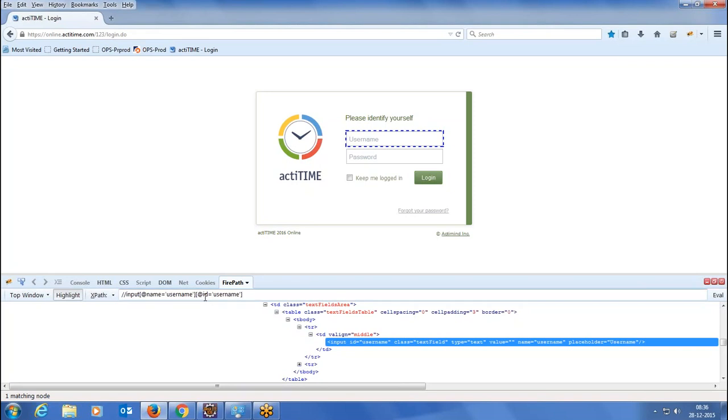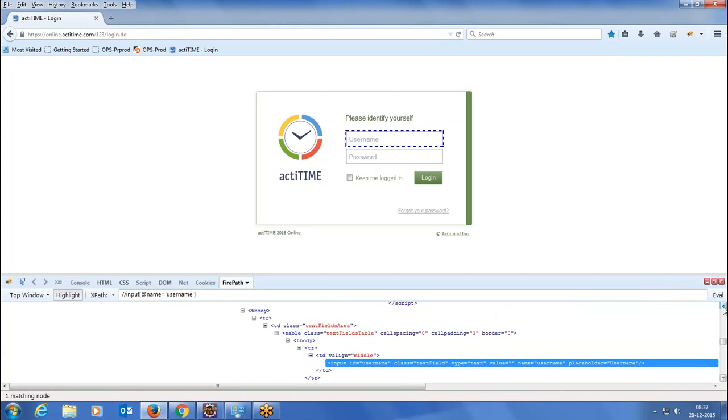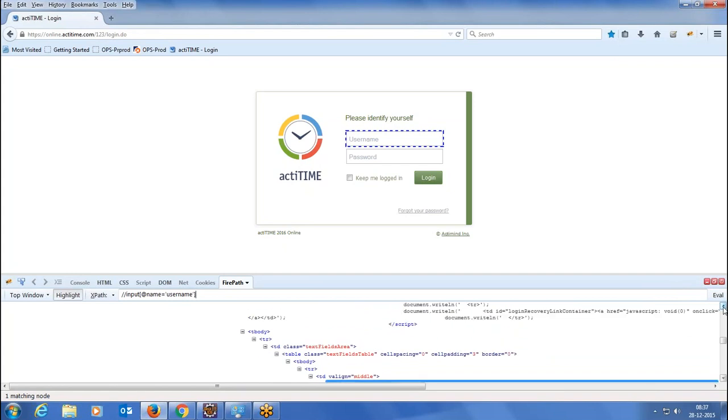If one attribute is not sufficient, you can keep on adding attribute and value combinations in the square bracket like this till the time you uniquely identify the object. But for now, we are able to uniquely identify it, so we are fine with this. Imagine it's not possible to uniquely identify it. In this case, ID is not there, name is not there. Then you have to immediately look to its parent, which has at least a name or ID, right?